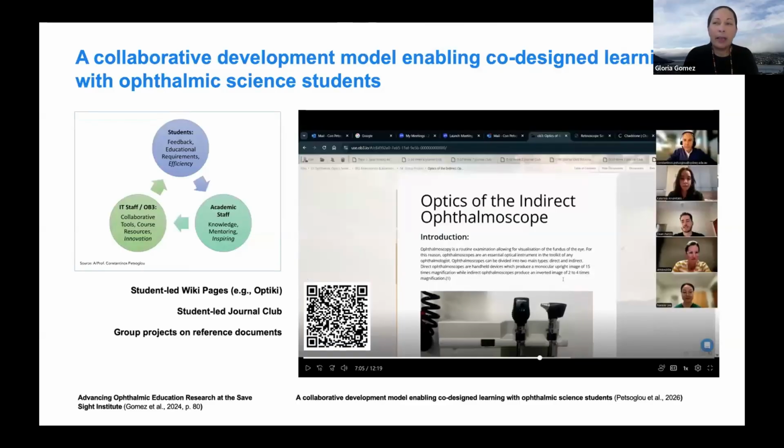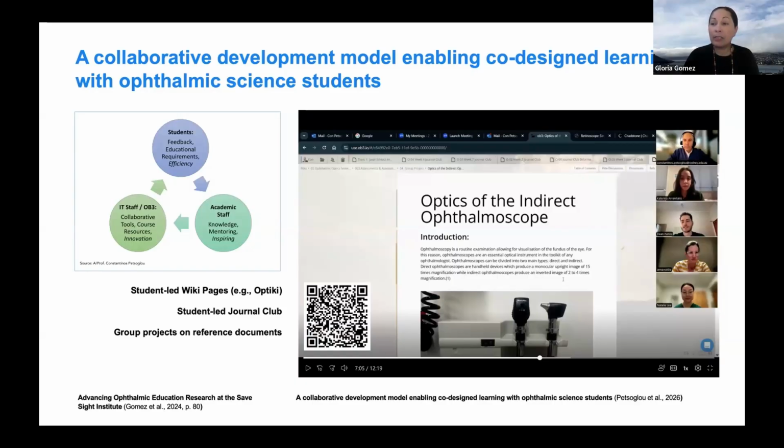Within the Masters in Ophthalmic Science, run collaboratively by the University of Sydney and the University of Otago, students have used OB3 to share and develop content with colleagues in a variety of formats. The design and implementation of lecturing and assignment materials produced a collaborative development model, enabling educators to co-design learning with students. The figure illustrates the main components of the model and how these iterate.